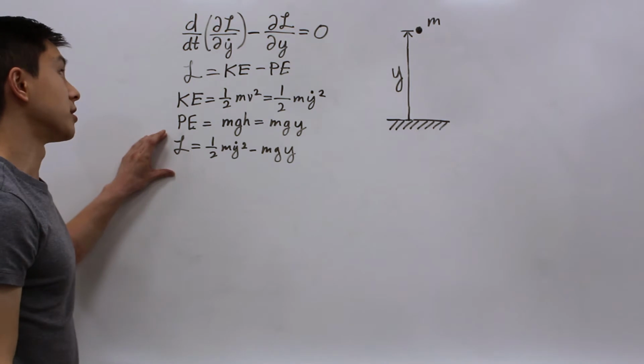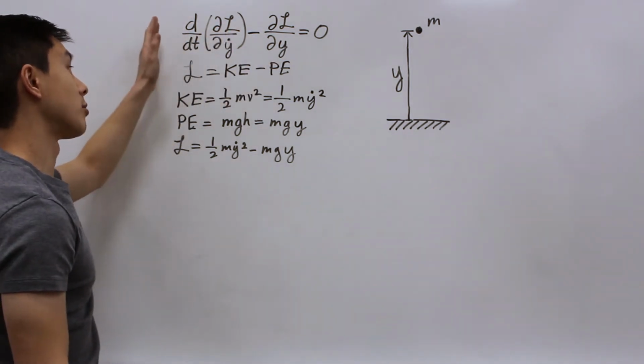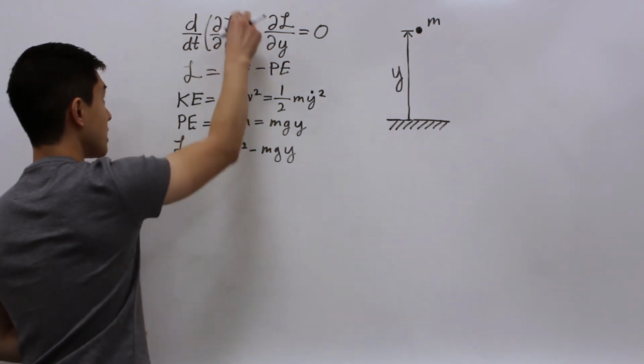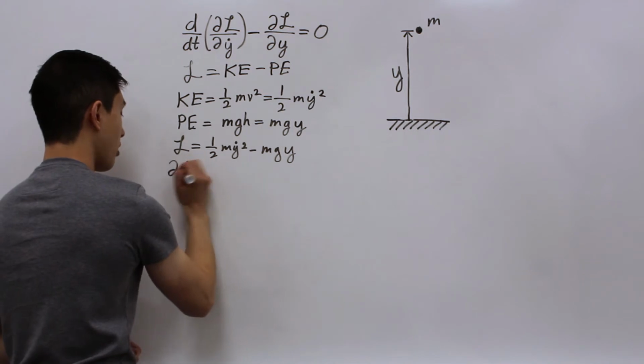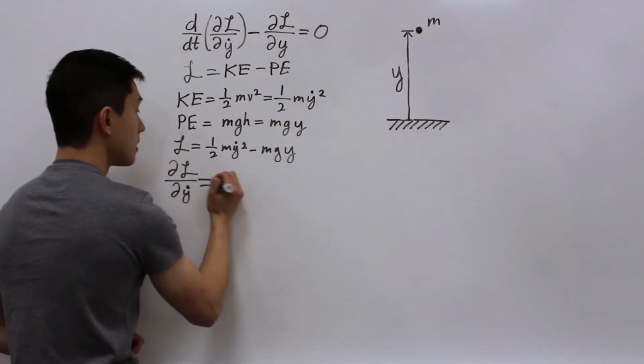Now that we have the Lagrangian, we can plug this into the Euler-Lagrange equation, do our partial derivatives and time derivatives, and have our differential equation of motion. So let's first do the first term inside the parentheses, where the partial of the Lagrangian with respect to the generalized coordinate dot is going to be